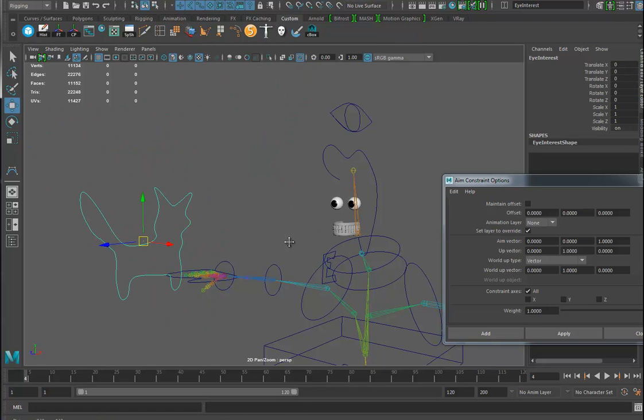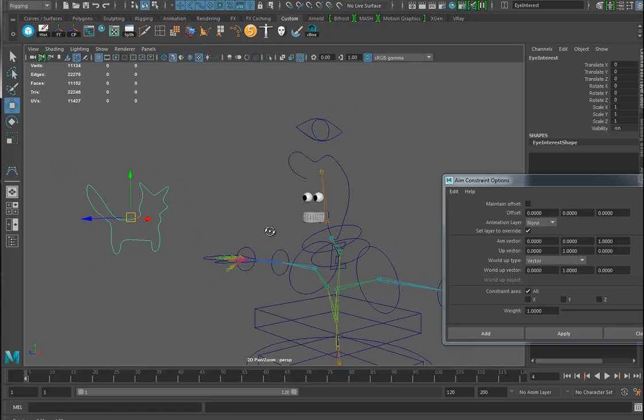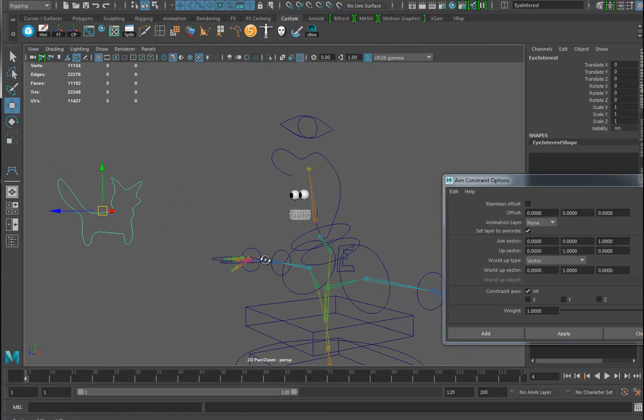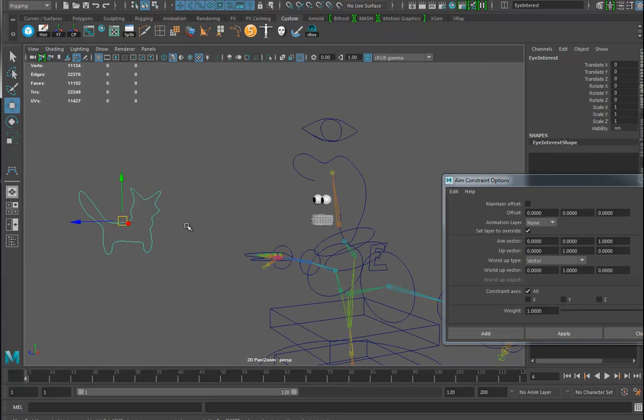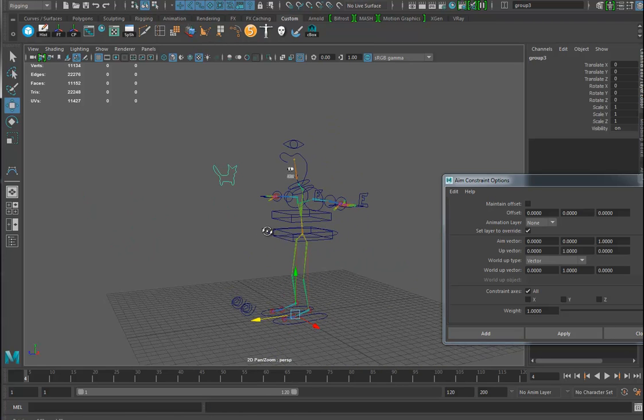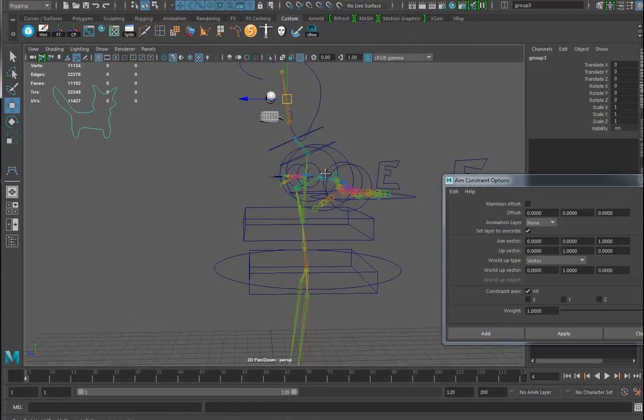Okay, great. Then the next thing, the eyes want to stare at this thing. But I always find this control kind of annoying because you have to move it out back and forth to get this focus so the eyes stare in front of the face. So what I do is I group it, and let's take that group, and I'm just going to move the pivot point. If I hold down D, and I'll put it up here, and let's try and get that right